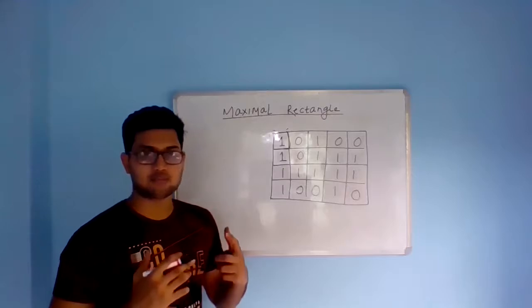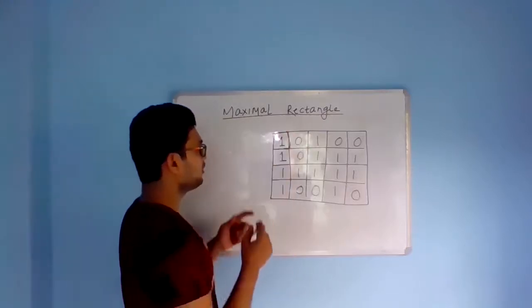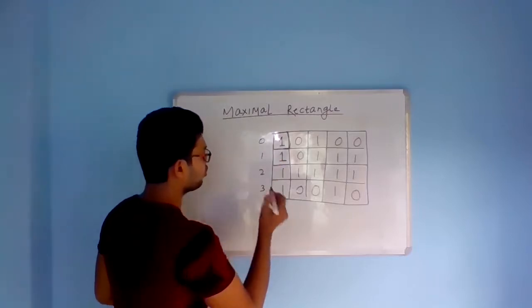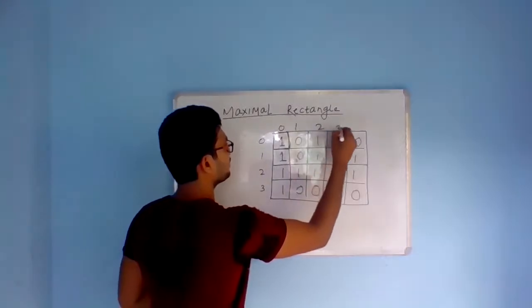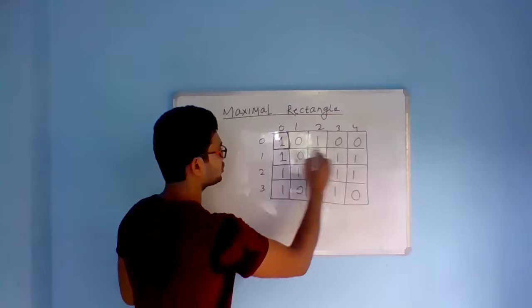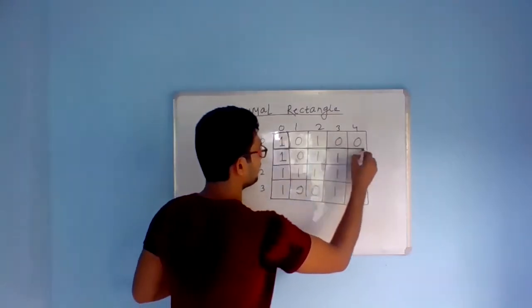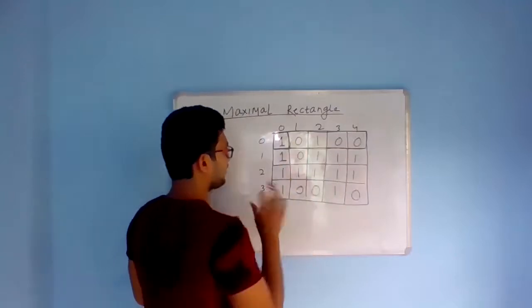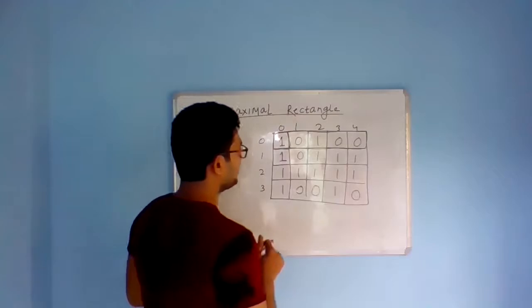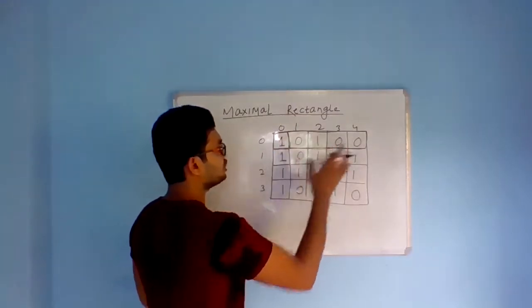Okay, how can we approach this particular question? What we will do is move row by row, right? So let me write down the row numbers and the column numbers as well. So we will move row by row. Let us say I am in the first row, okay? And what I can do is consider this particular 1D array out of this two-dimensional array, okay? So basically consider that these are not numbers, these are histograms, okay?